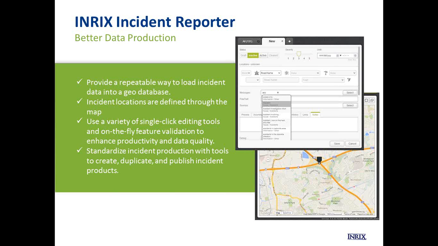We're happy to pull in incidents from agencies that have a feed, but we know that there's a lot of agencies out there that know about incidents in construction zones, but have not yet had the ability to invest in a tool to put those out on the internet. And so we're going to provide that tool for you. If you simply contact us and let us know that you're interested in using the Inrix Incident Reporter,